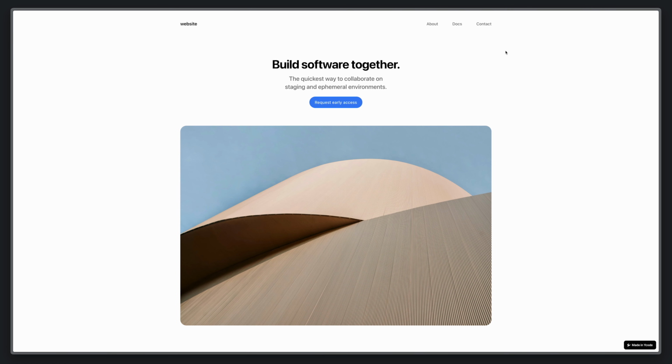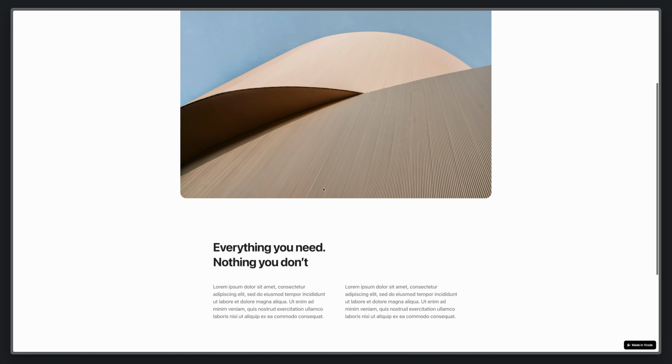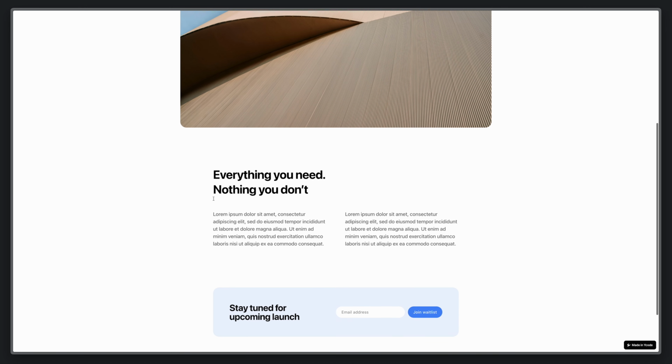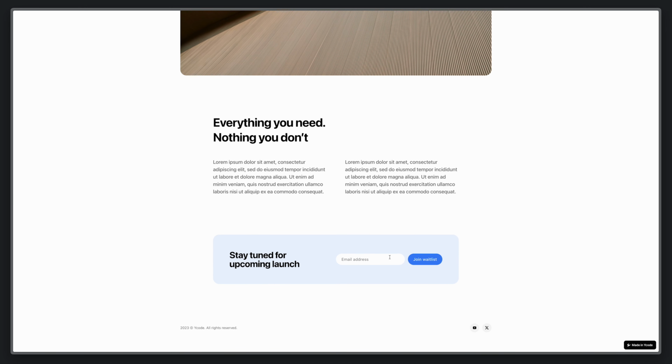Hey, this time we will build a simple landing page from scratch, which will have a navigation with a couple of links, hero element with call to action button and image. Below we'll add some content and newsletter form to collect emails, and a simple footer with a few social media